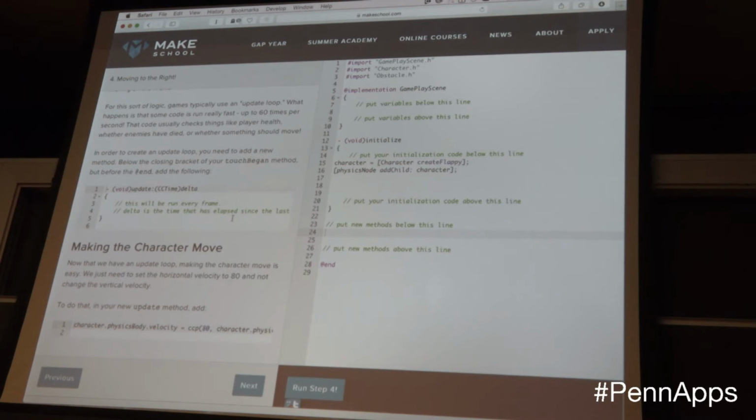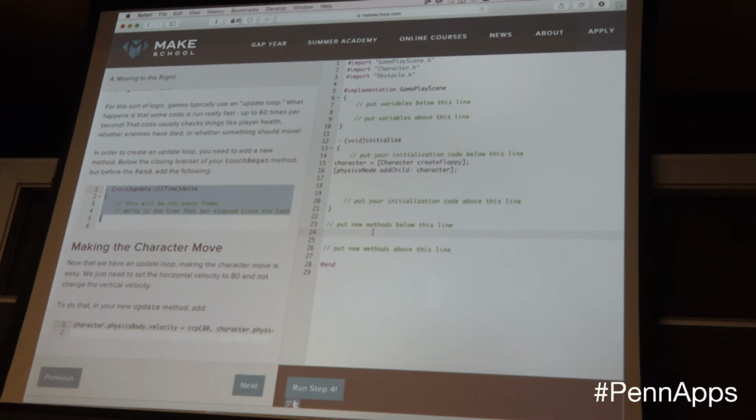Now, in the game library that we have, some of the ways that a game library might work is there's an update method that gets called at a frequency interval. So every time that your update gets called, you know a certain time has passed, and you can move the character or do things based on that. In this case here, we have this update method, and this again is defined by the framework.